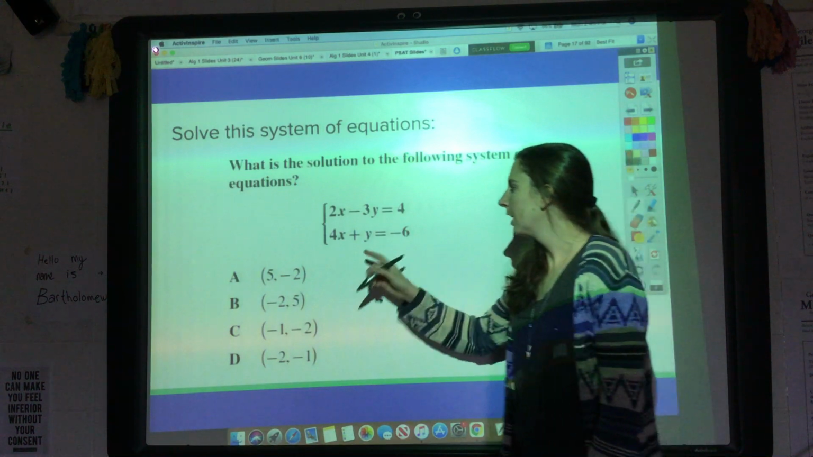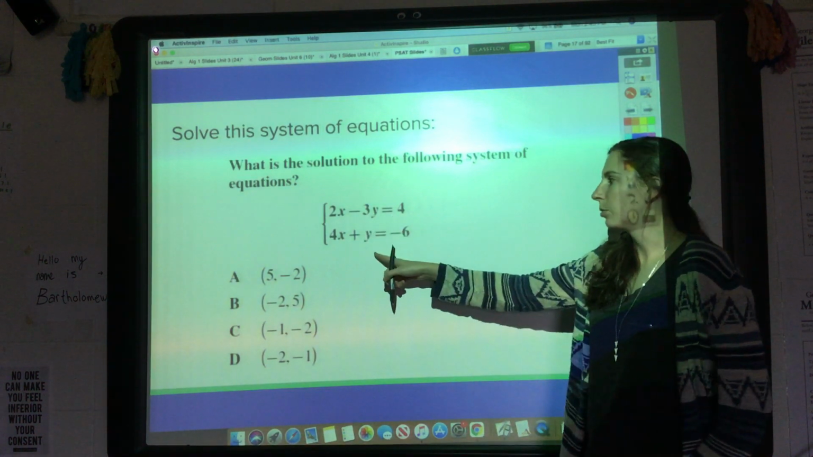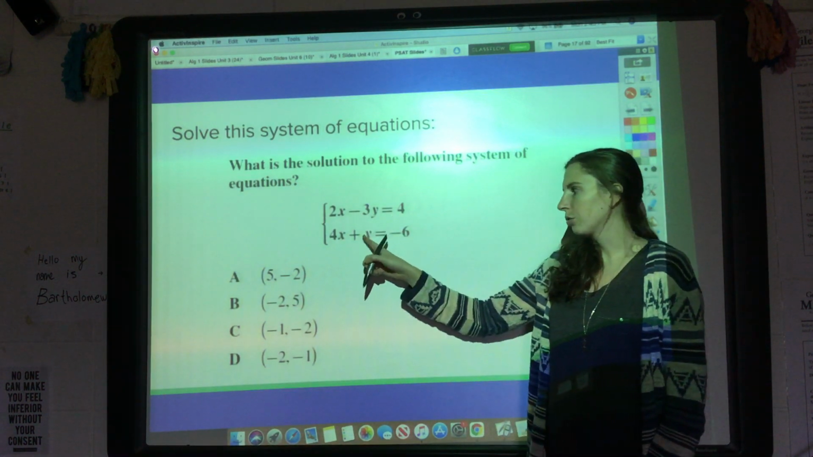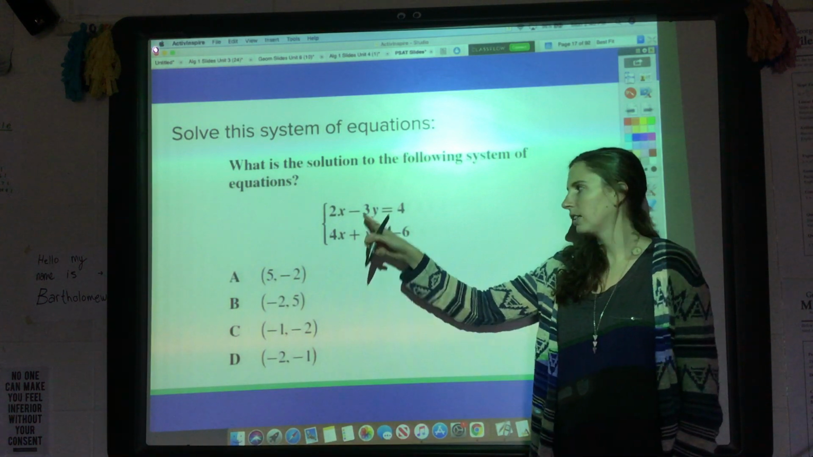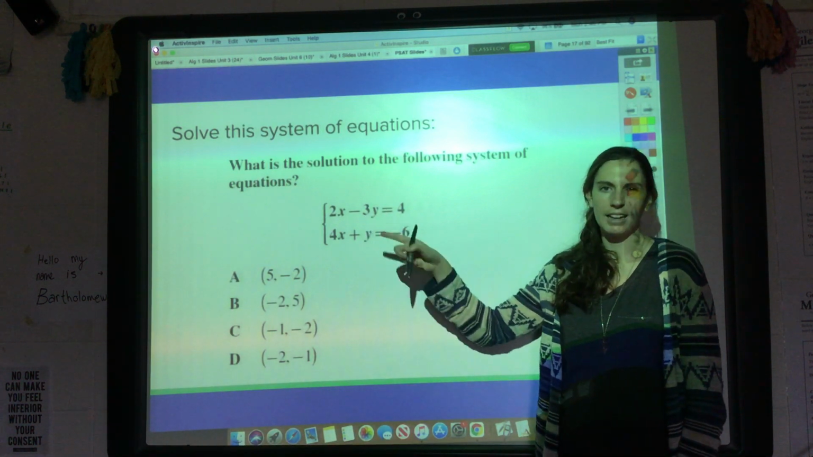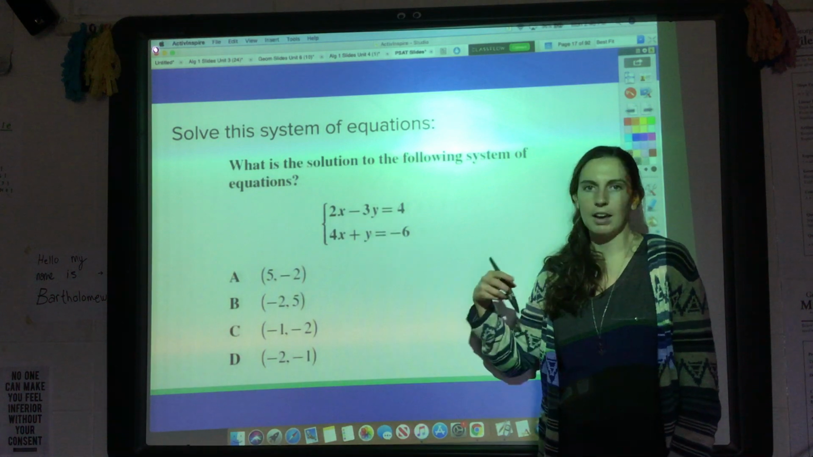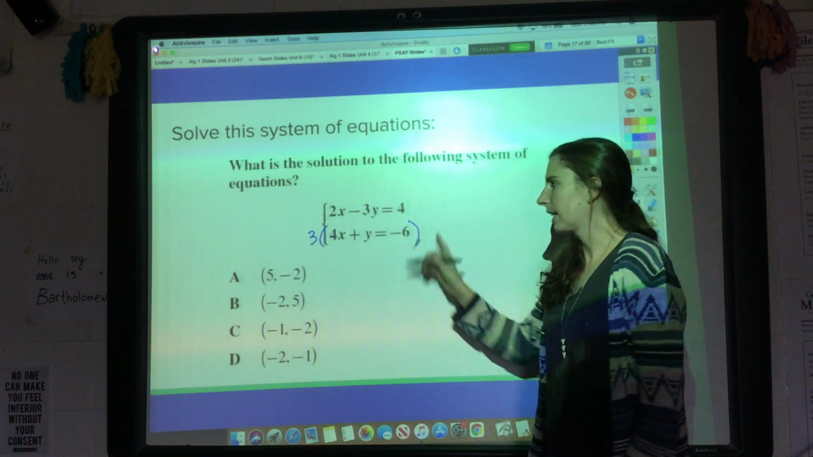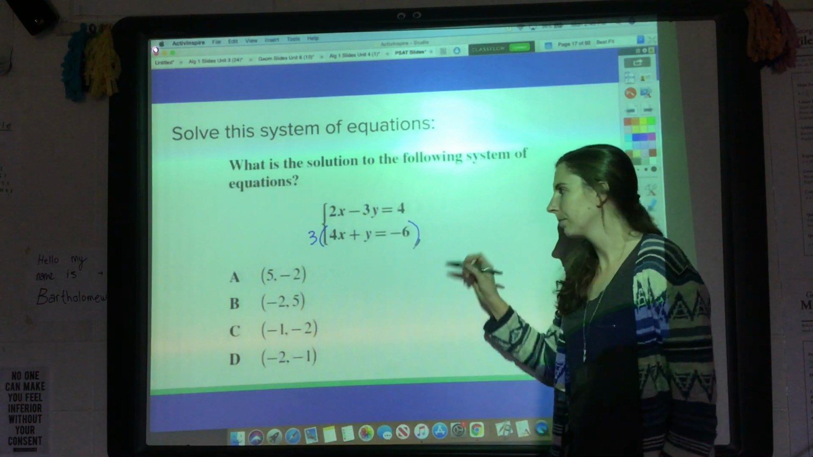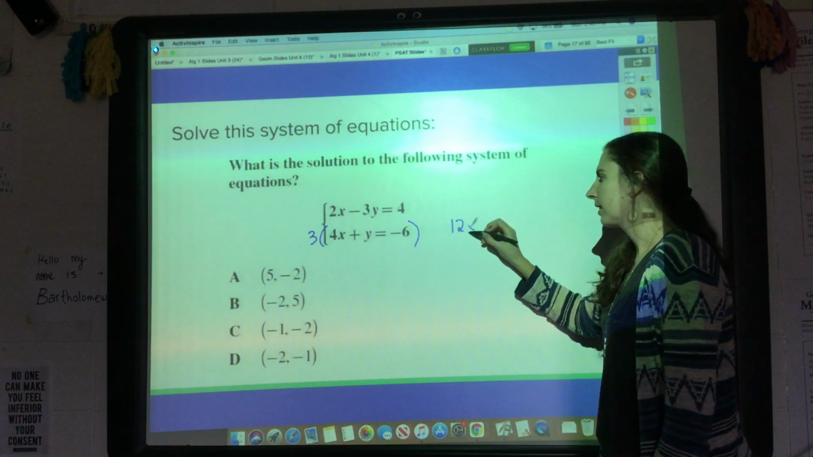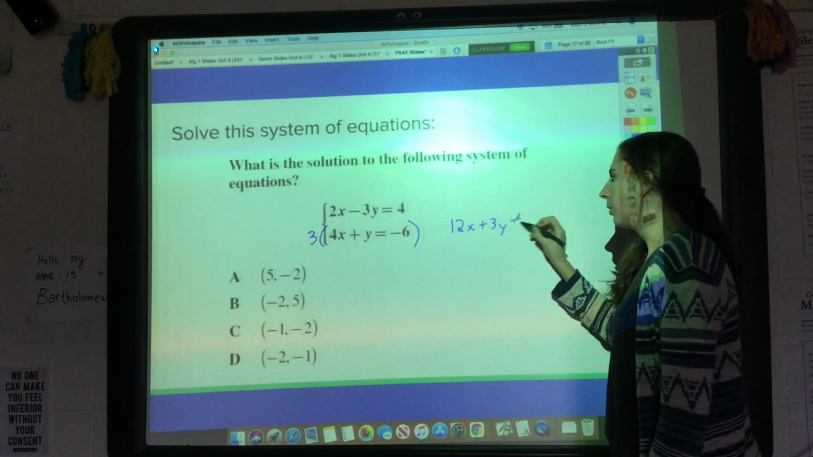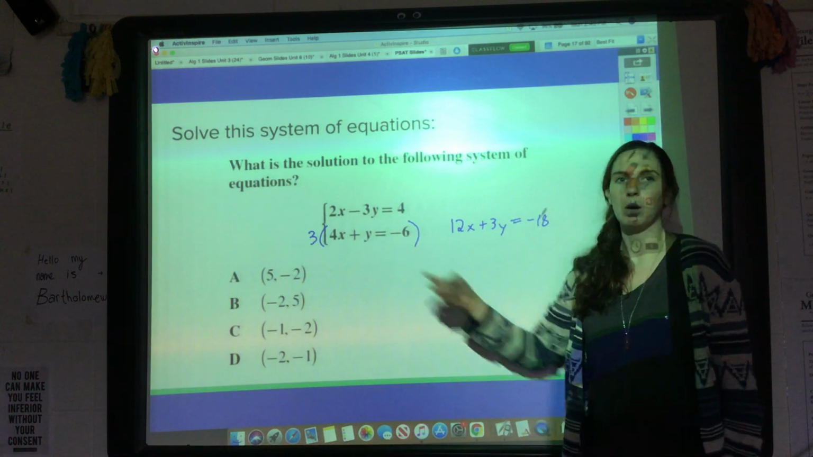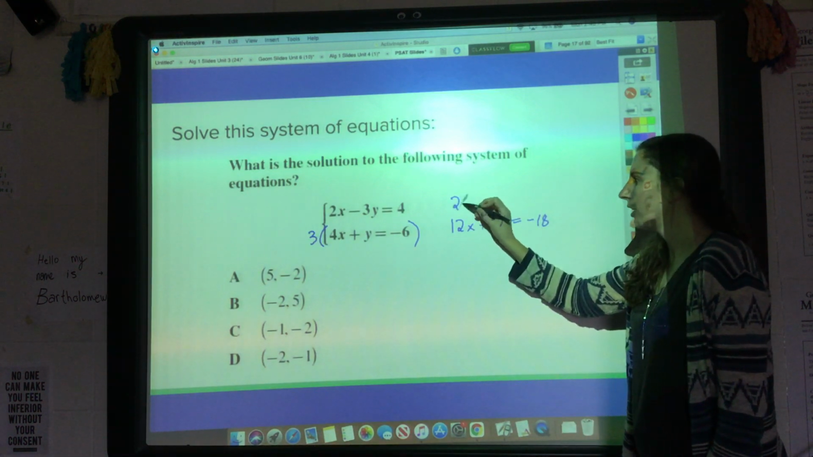For example, if I want to eliminate the y variable, I would need to have a 3y right here to add to the negative 3y so that it would cancel out. So if I want to have 3y, just multiply by a 3. The thing is, to keep it balanced, I got to multiply everything by a 3. So I would have 12x plus 3y equals negative 18. Multiply them all by the 3. The top equation I'll leave the same,